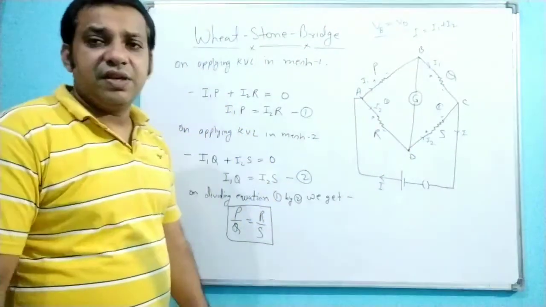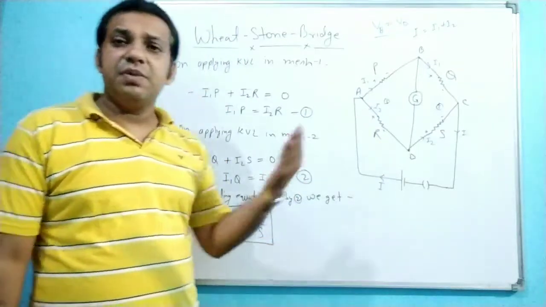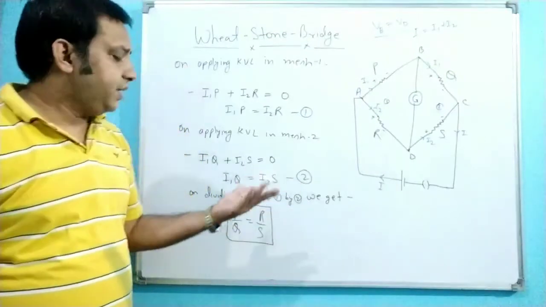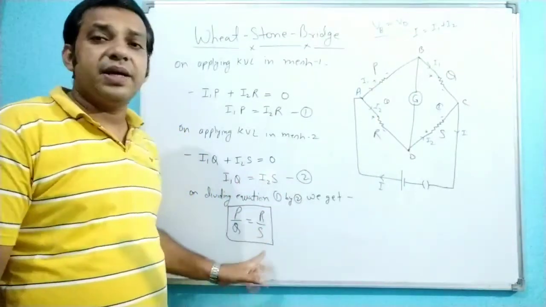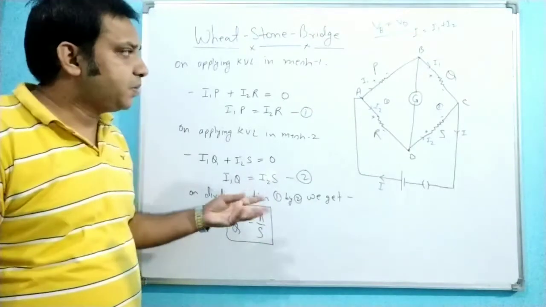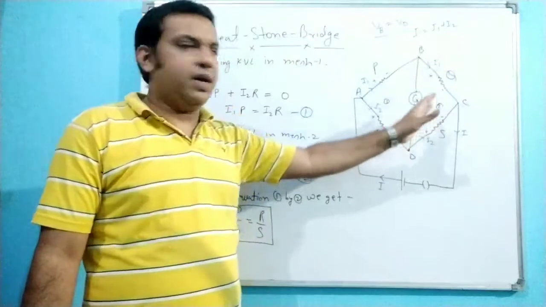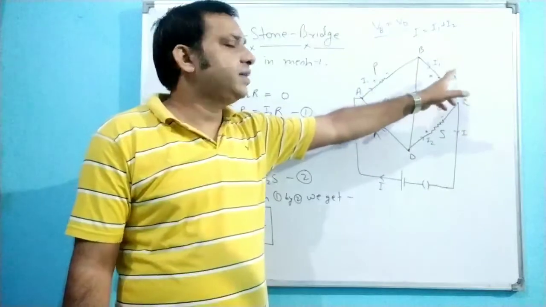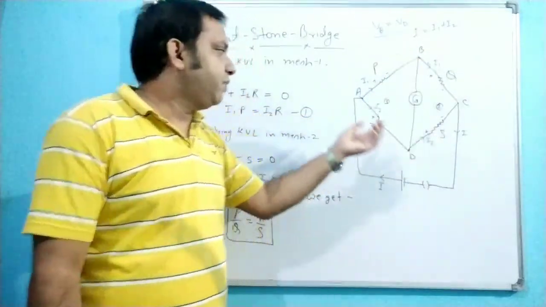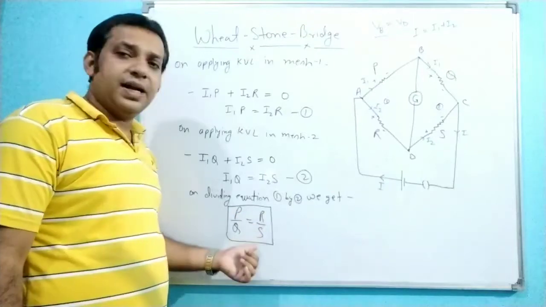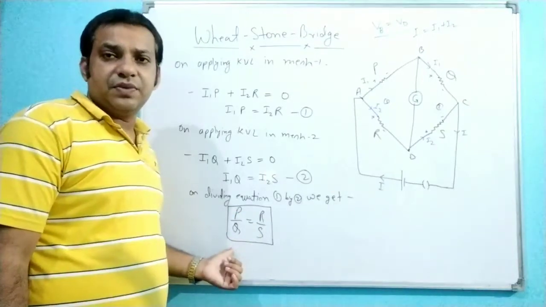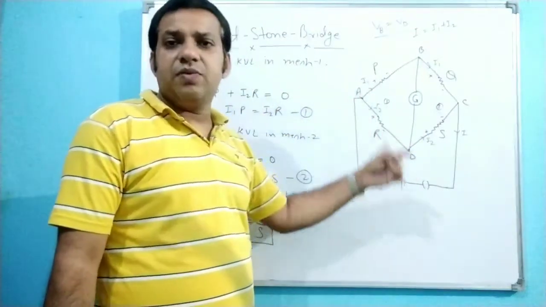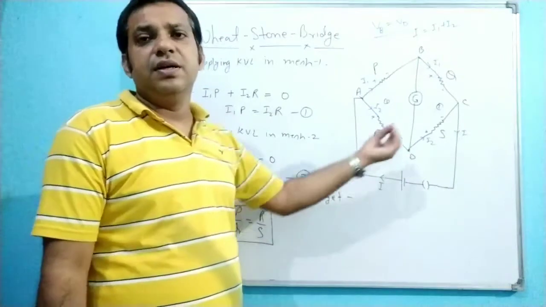Now I have given the definition. The Wheatstone bridge is an arrangement of resistors by which you can find the value of the resistance of any conductor. See how you can find it: P by Q is equal to R by S. Four resistors are given. Suppose in place of Q you use an unknown resistor, and the value of Q is X. If you know the three resistors P, R and S, you can simply find the value of X. So out of these four resistors, if 3 are known and 1 is unknown, you can simply find the value of the unknown resistor.